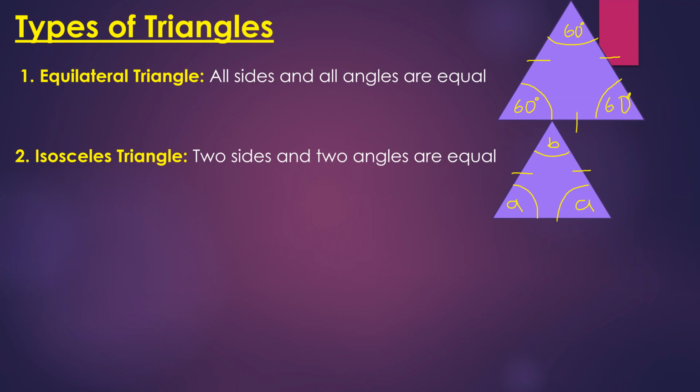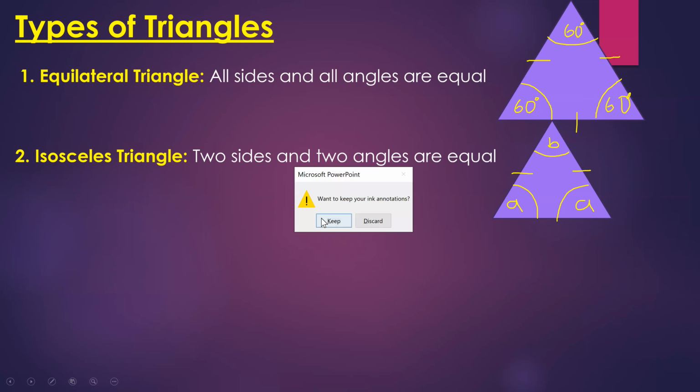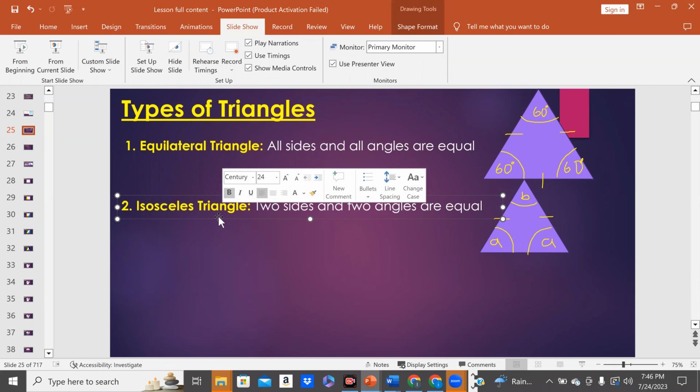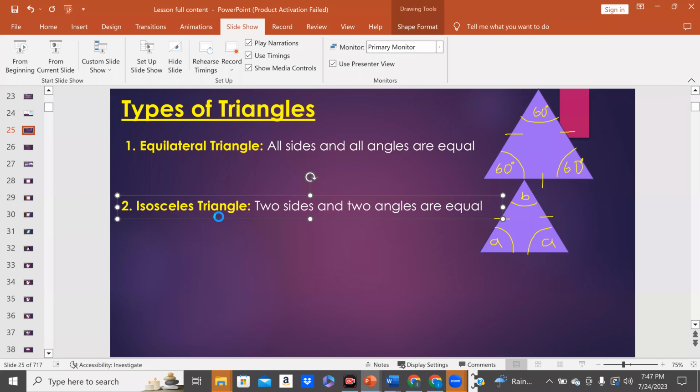Angle B. So A and A are two angles that are equal, and B is not equal to them. And these two sides are equal. Only two sides and two angles are equal. So that's an isosceles triangle. We have one where all sides and all angles are equal, the next one where only two sides and two angles are equal, and finally, for the last one, we have